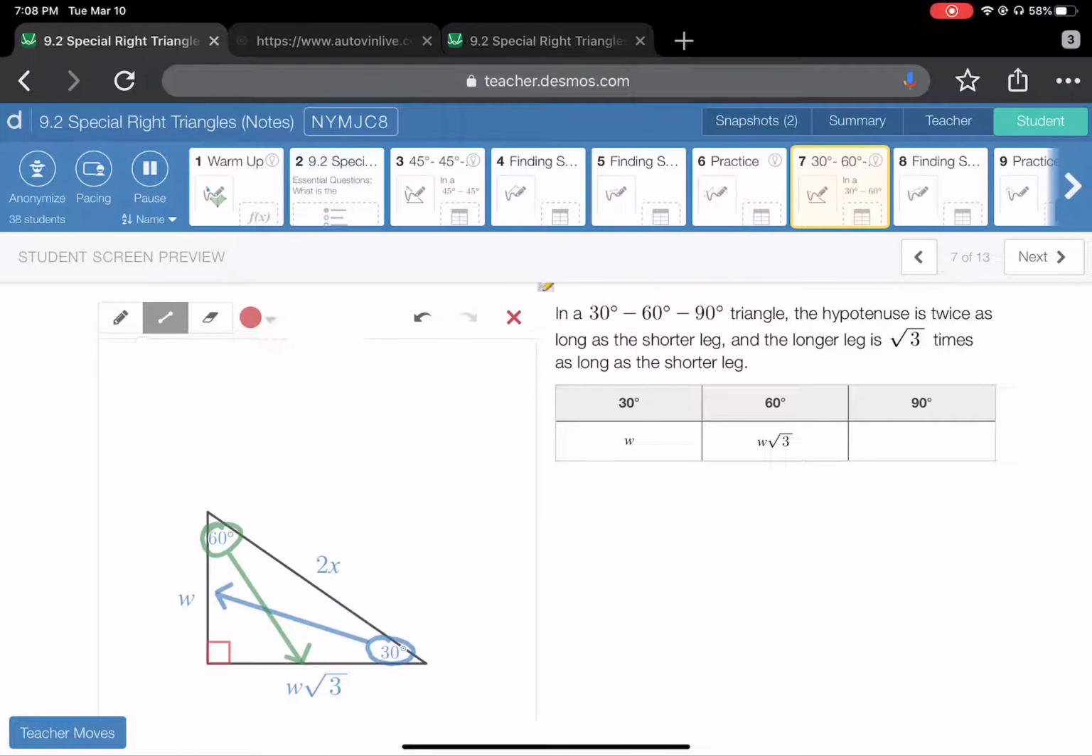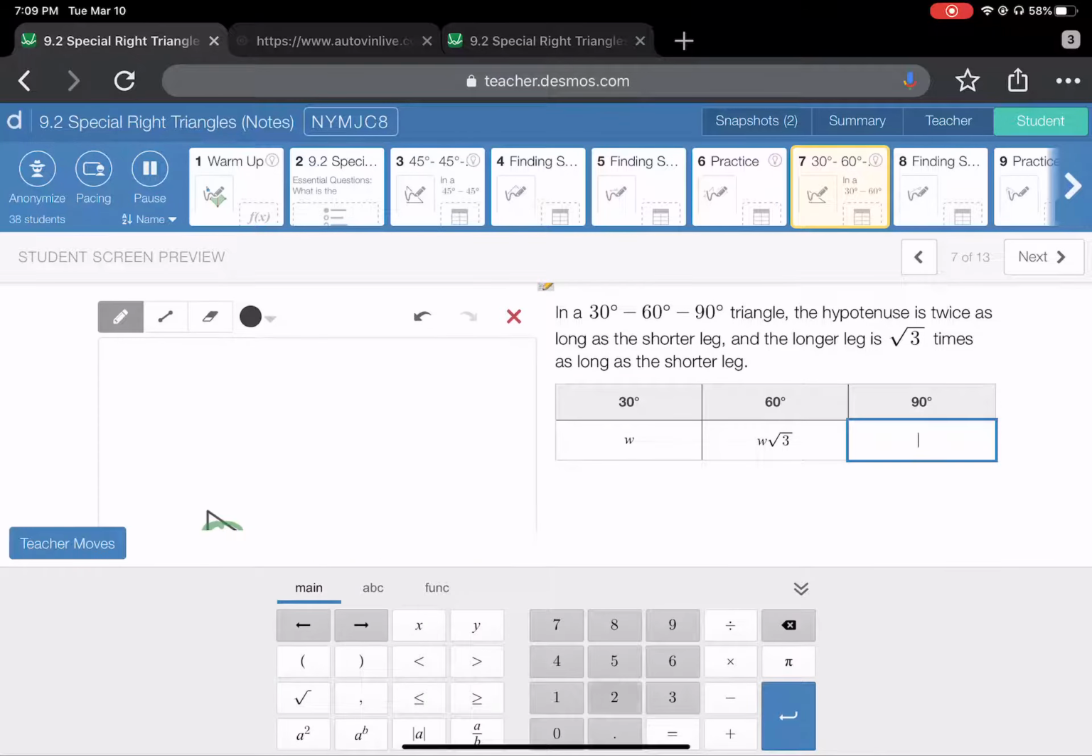And then lastly, we have our 90 degree. Draw a line directly across, and we see that whatever side is across from the 90 degree is 2 times, and then there's a typo here. This should be a W, not an X. Okay, so W, so 2W. So 2 times the length of whatever W ends up being. Okay, so 2W